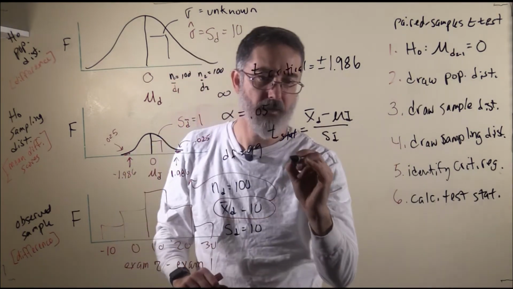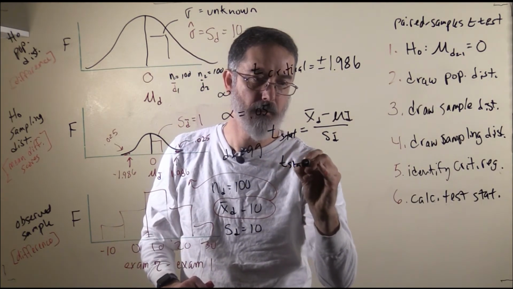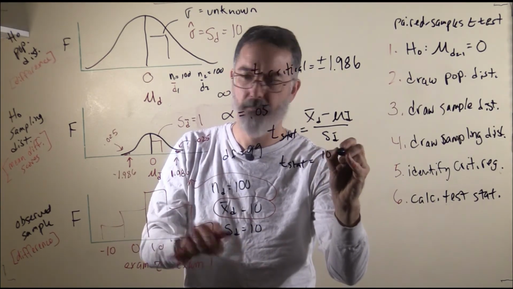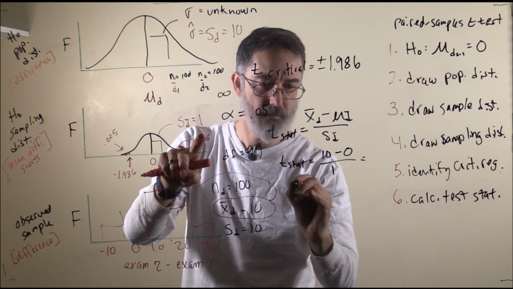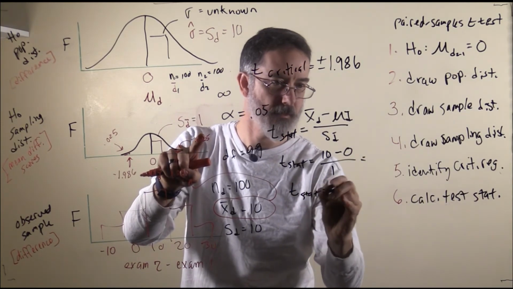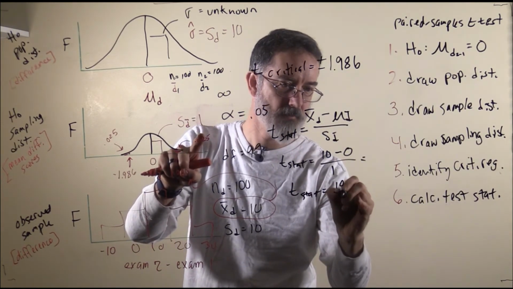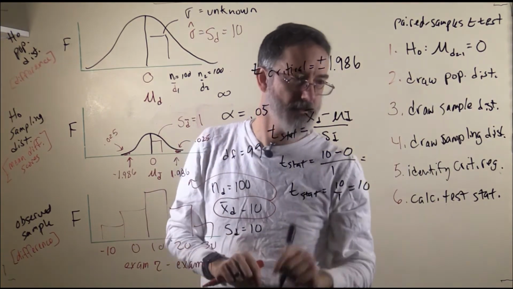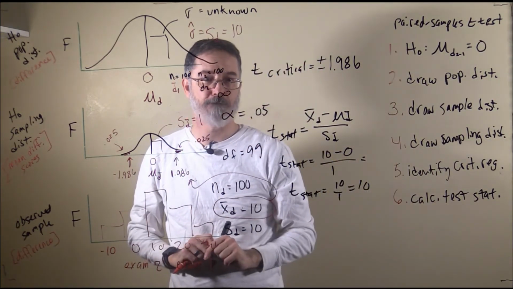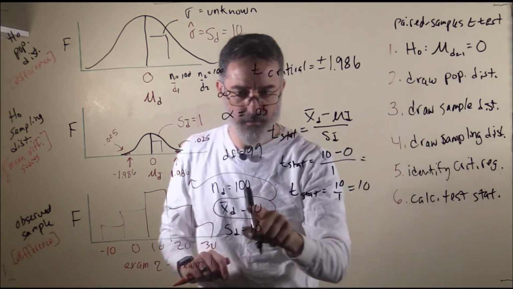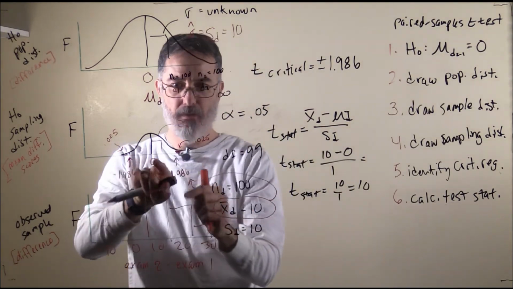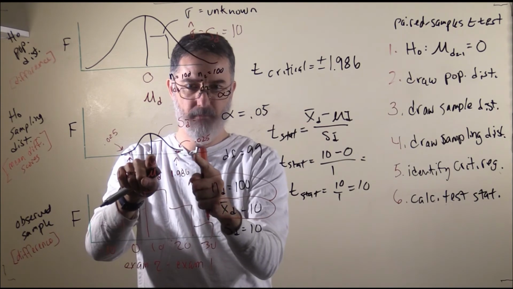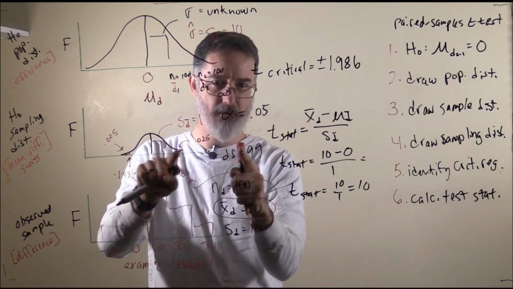So now I'll plug in our values. We got 10 minus 0 divided by the standard deviation. So our t-statistic is going to be 10 divided by 1 is 10. So our t-statistic is 10. That means our observed sample is actually 10 standard deviations over to the right. So this is 1, 2, 4, 5. So it's about